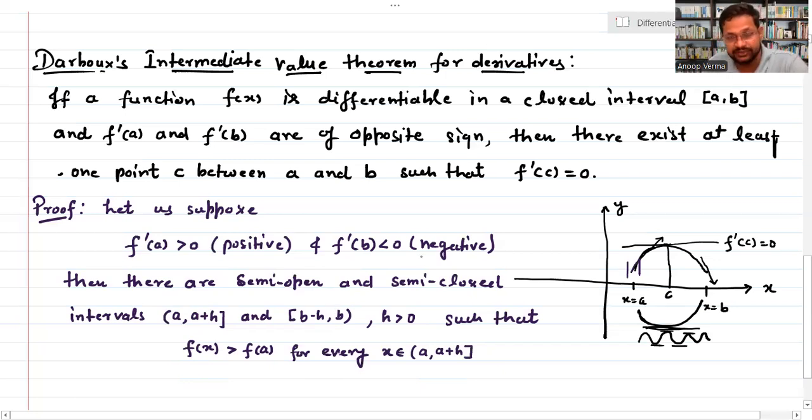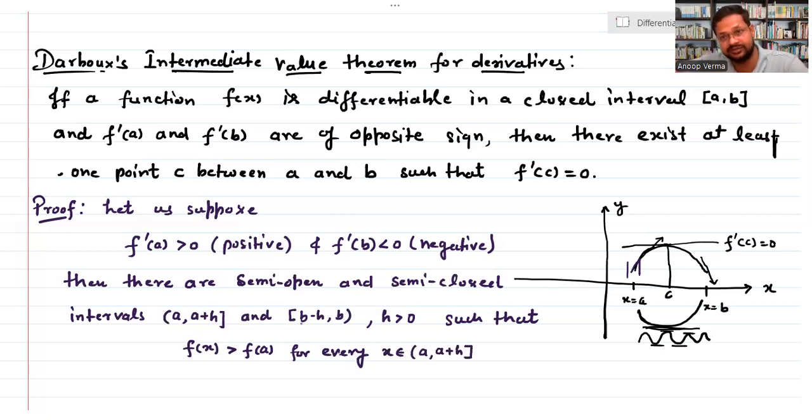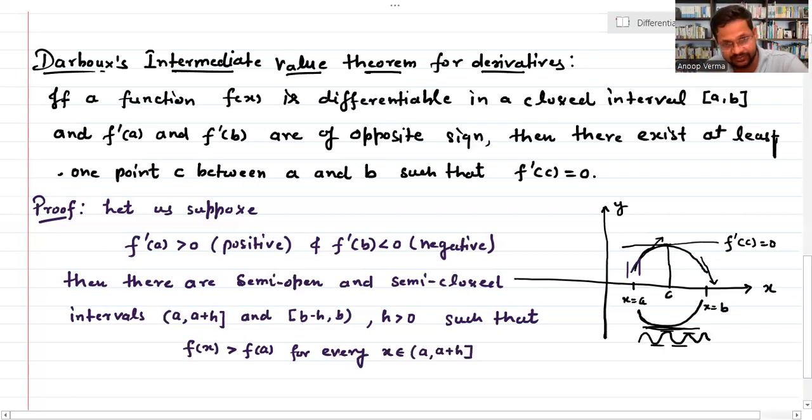because it is negative, it means यहाँ पर फंक्शन डिक्रीजिंग है। इसका मतलब है कि फंक्शन की वैल्यू बी से बड़ी होगी अगर हम इस इंटरवल में लेते हैं, क्योंकि इससे पहले जो फंक्शन की वैल्यू होगी वो बड़ी होनी है, क्योंकि डिक्रीज कर रहा है। एफ ए की वैल्यू एफ बी की वैल्यू सबसे कम होगी अगर हम इस इंटरवल की बात करें, क्योंकि फंक्शन हमारा यहाँ पर डिक्रीजिंग है, वो निगेटिव दे रहा है। ओके, तो